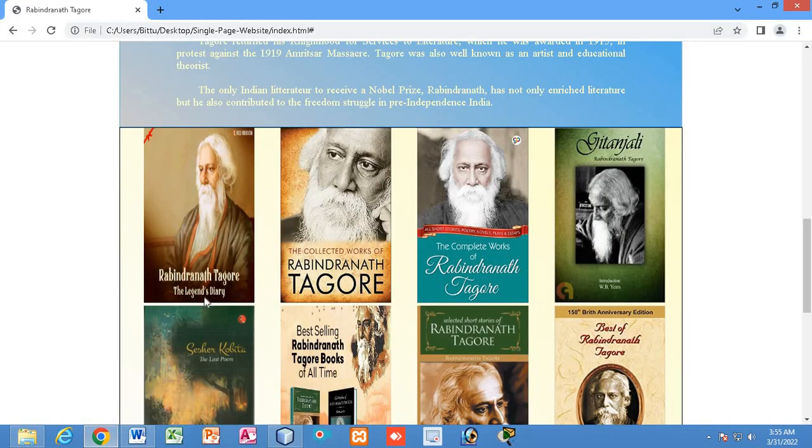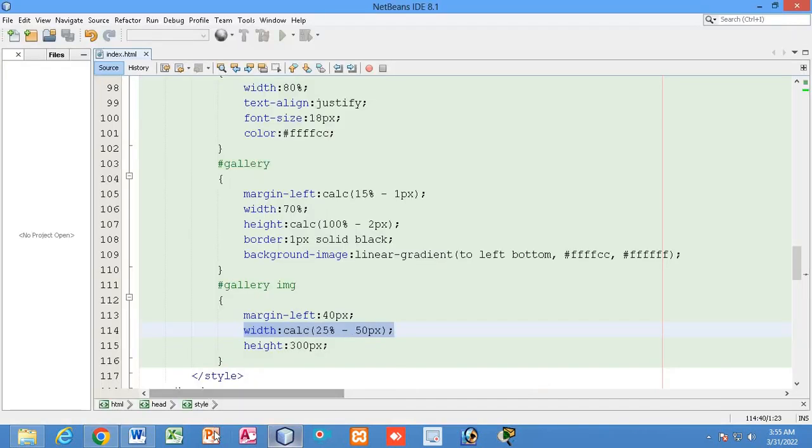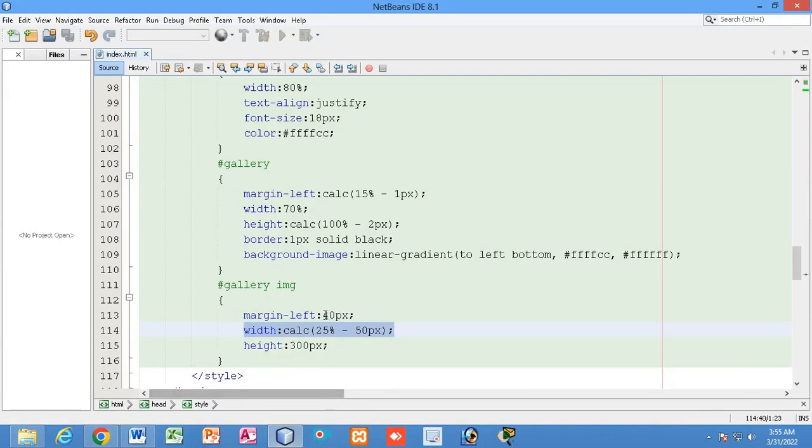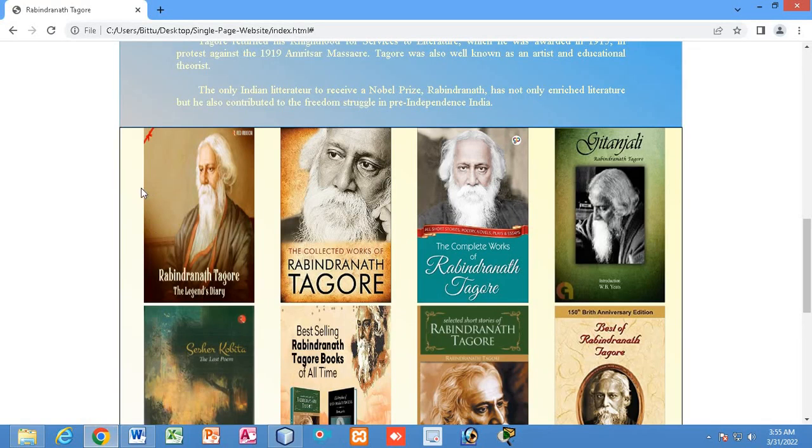Each picture is of size 25%. You can see this much size is 25%, right? So the margin I have taken is 40 px left margin, but I have deducted